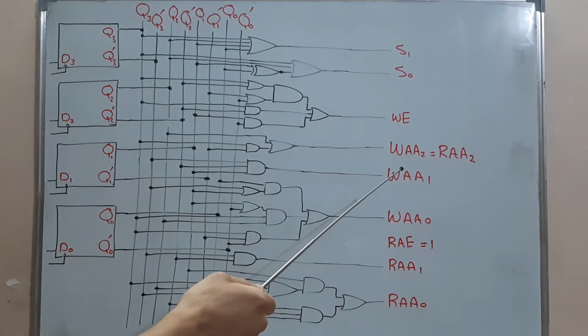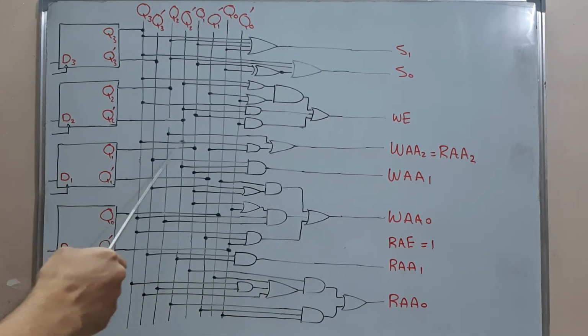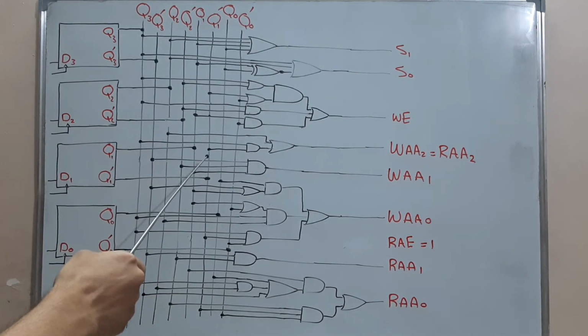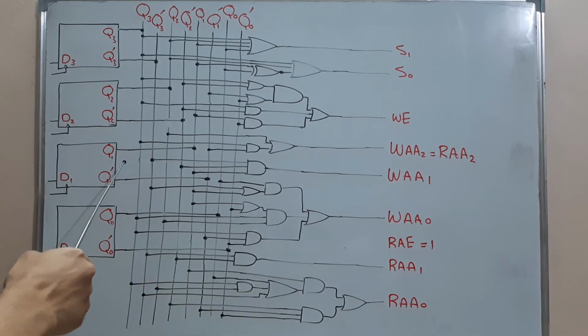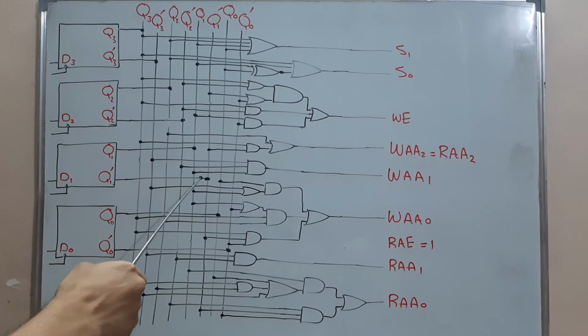WAA2 is equal to RIA2 and both are equal to 1 whenever Q2 is ORed together with the Q3 and Q1 bar. WAA1 is equal to 1 whenever Q2 is ANDed together with the Q1 and